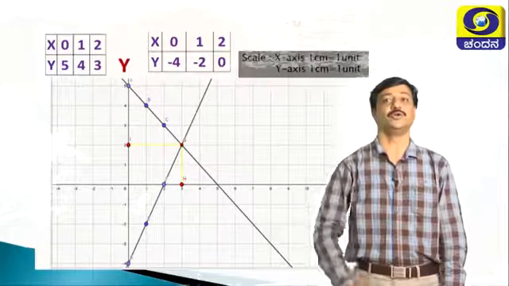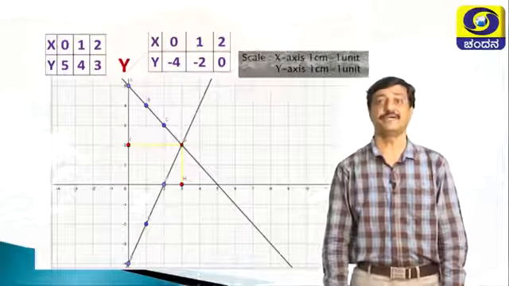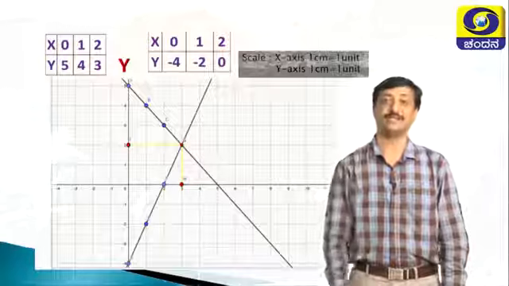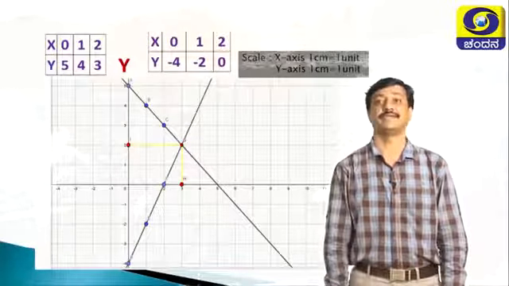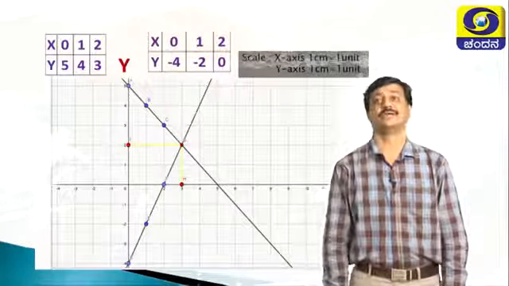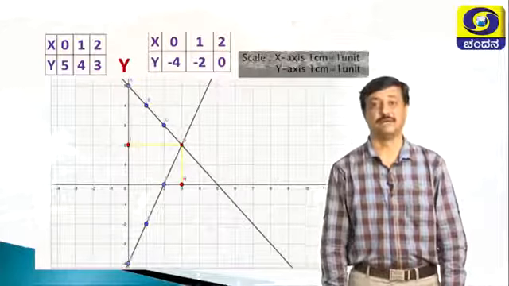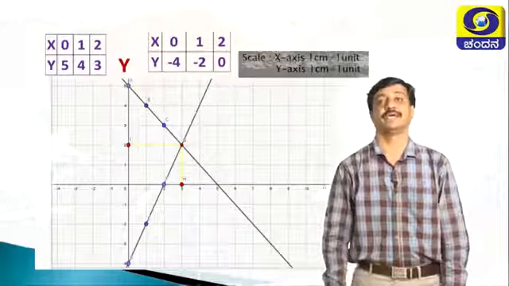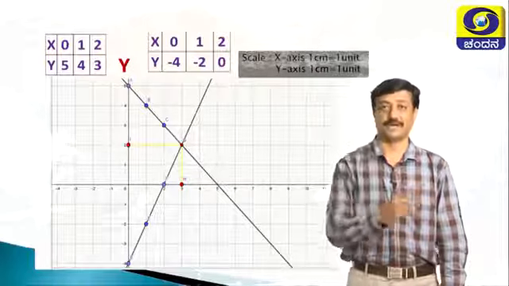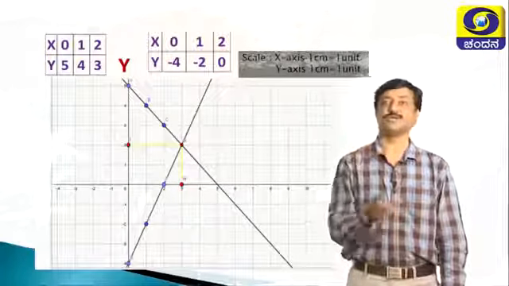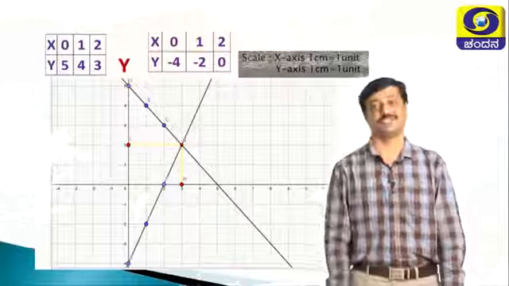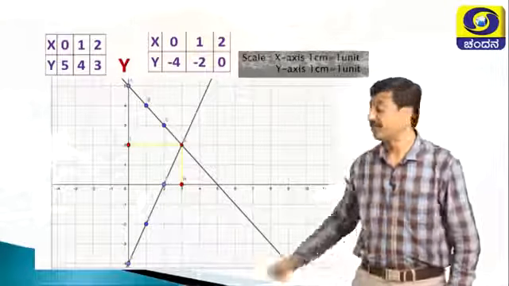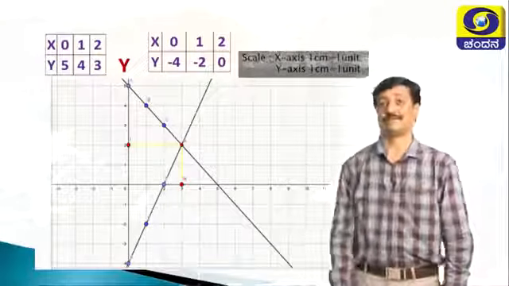In this way, you can solve a pair of equations by graphical method. I will repeat once again, this graph carries 4 marks usually. If they ask the graph for 4 marks, you have to split: for the 2 tables 2 marks, and the remaining 2 marks for the graphical representation. You have to remember one thing, the scale is very, very important.